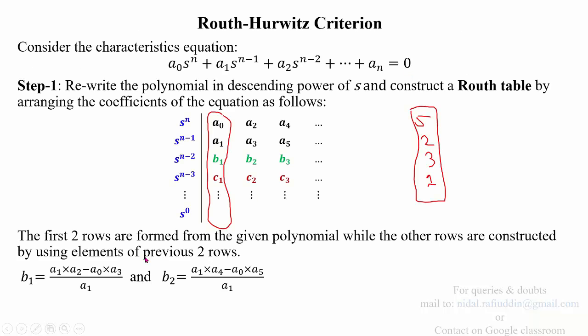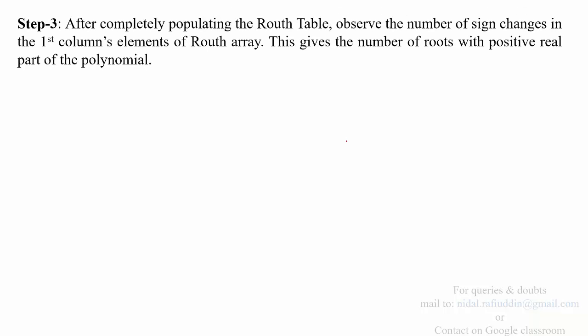Thus, for example, in this same case, suppose you wrote here as 5, 2, then you got here as minus 3, and then again plus 1. So you see that moving from this element to this, there is no sign change, while moving from this element to this, you have one sign change. Again, moving from minus 3 to plus 1 will give you another sign change. So you have 2 sign changes. What does this mean? That this will give you the number of roots with positive real part of the polynomial. It means that if you have 2 sign changes, there are 2 roots with positive real part, and hence 2 roots out of 5,